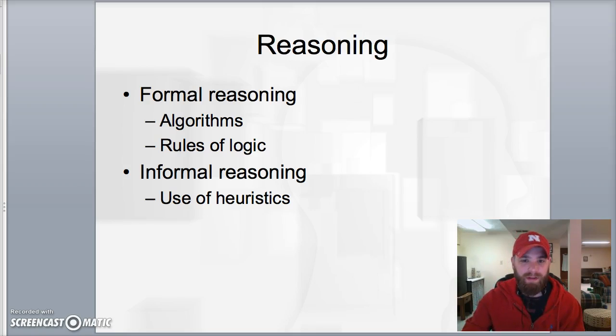But I wanted to talk a little bit about some of the thinking strategies we use. Sometimes we use what's called formal reasoning or logic. This is where we think something through. We follow the steps of the problem and the solution to arrive at an answer. And it's a process that we're doing on purpose. We're really thinking about it. But for a lot of things, we use informal reasoning or these things called heuristics, which is essentially a mental shortcut. A lot of times these really help us out, but sometimes they can cause problems.